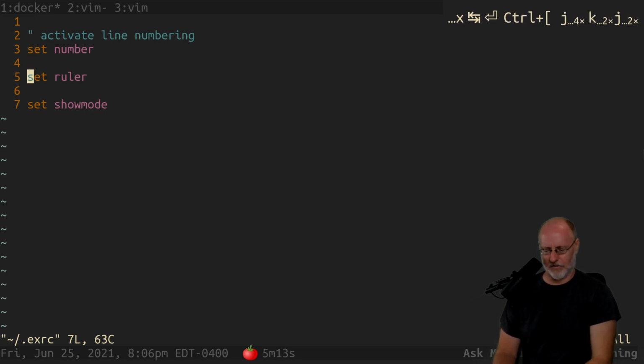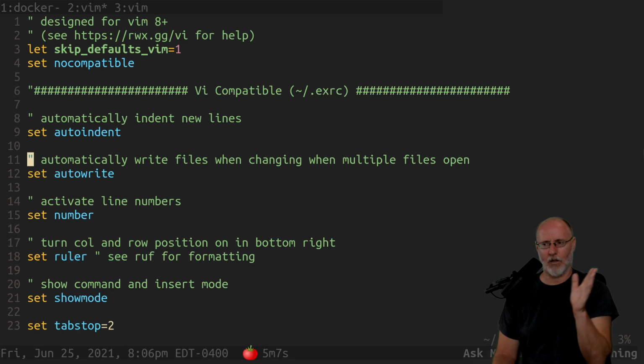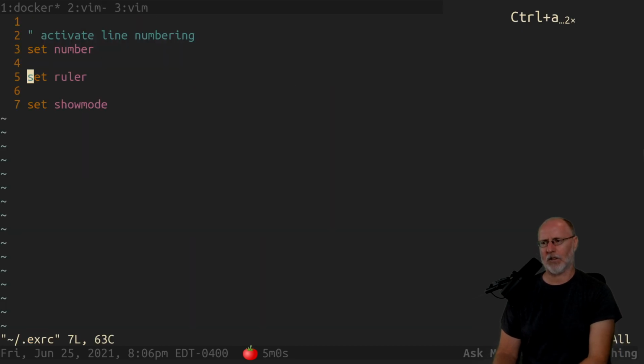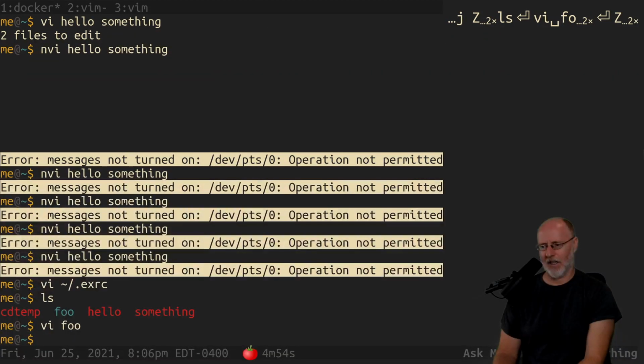So what else have we got? We've got auto indent. You're going to want that when you start doing coding, and when it knows about the syntax, it's going to bump stuff over for you. It will try to keep stuff indented at the place that you're at. So let me try to show you an example of that. I don't even know if it's going to work with foo, because it might have to have